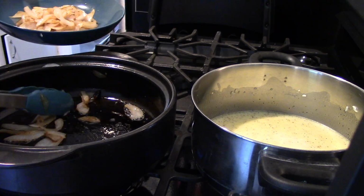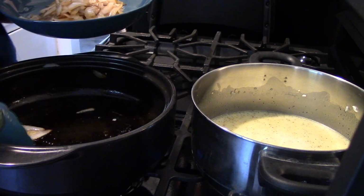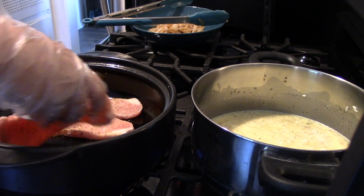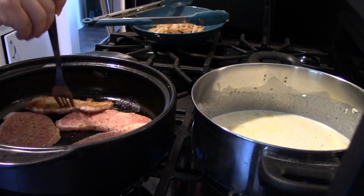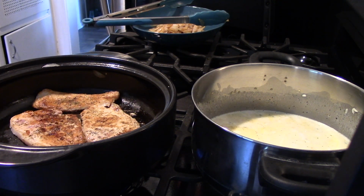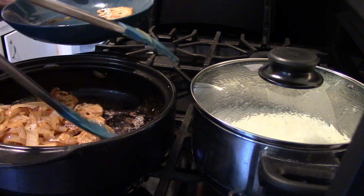Meanwhile, for my pork chops, I am going to remove my onions from the pan and then add my pork into that same pan and cook that. And the pork is seasoned with some salt, some pepper, a little bit of garlic powder, and then once those get nice and cooked, I will add my onions back in, take my pork out, and then make that sauce